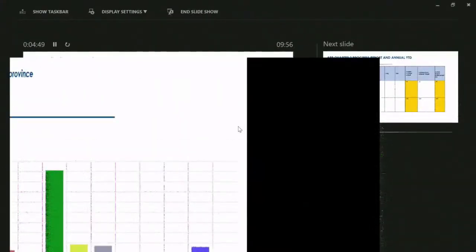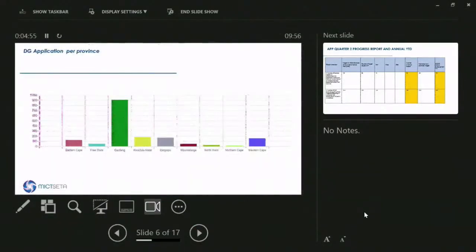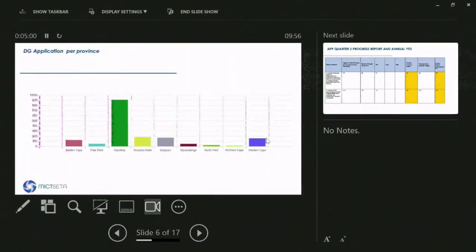how Mpumalanga has responded in terms of the current DG window for 2024. Then we encourage stakeholders and training providers, as we open this DG window, to drive rural development in Mpumalanga. We're encouraging you to respond to the call as we advertise our DG window so that we can reach areas where we have never reached. We can reach those learners in those underdeveloped communities, rural areas. We need these skills so that they can participate in the economy.